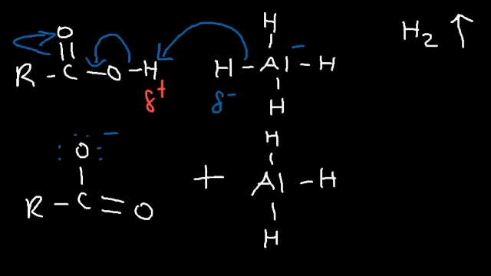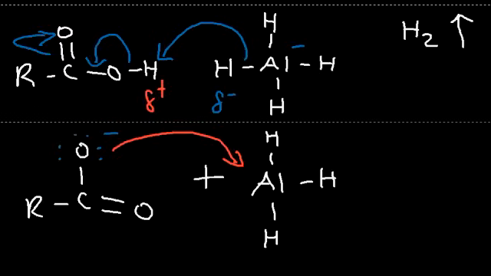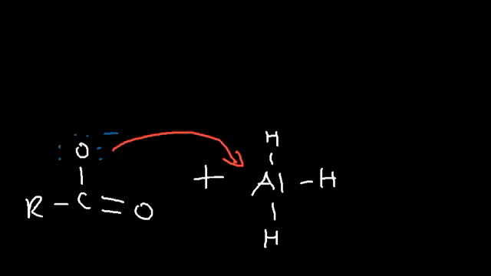Now the aluminum is a Lewis acid. It has 3 bonds, it has an empty p orbital. So the oxygen with a negative charge can donate a pair of electrons to the aluminum atom in a Lewis acid-base reaction. Whenever an atom donates both electrons to form a covalent bond, the bond that's formed is known as a coordinate